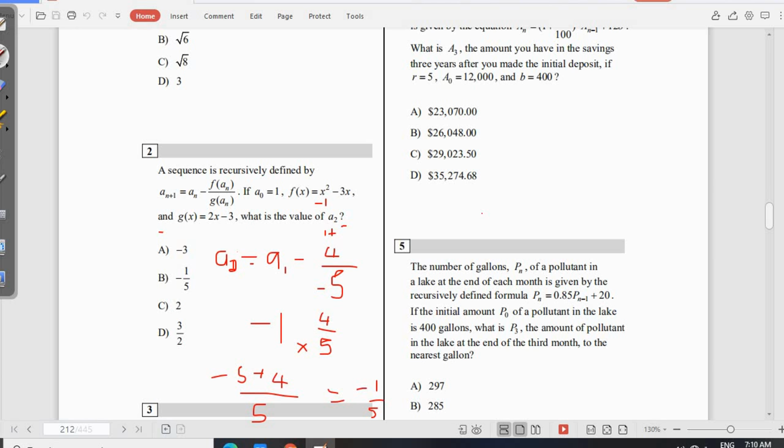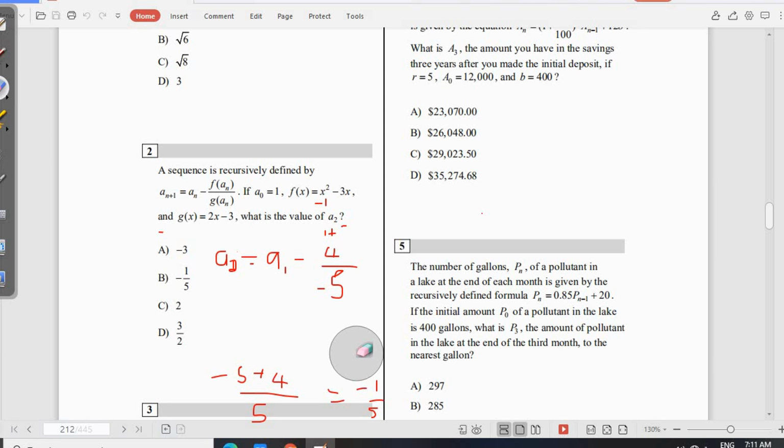Since there's a plus in between, if there's a minus in between, you can still do the same thing. For instance, if there's a minus 1 here, minus 4 over 5, you can just do 5 times minus 1, then minus 4. That gives you minus 9 over 5, and that makes sense, because minus 9 over 5 is simply saying minus 1 whole number 4 over 5, same thing. Alright, so